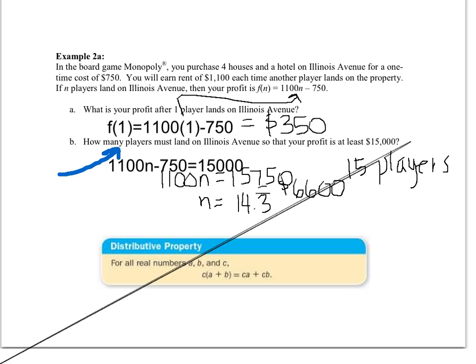Okay, for the next problems, we're going to use the distributive property. For the distributive property, it says for all real numbers a, b, and c, c times the parentheses a plus b equals c times a plus c times b. So let me write that a little better. So if you have c, and then you have a plus b in parentheses,